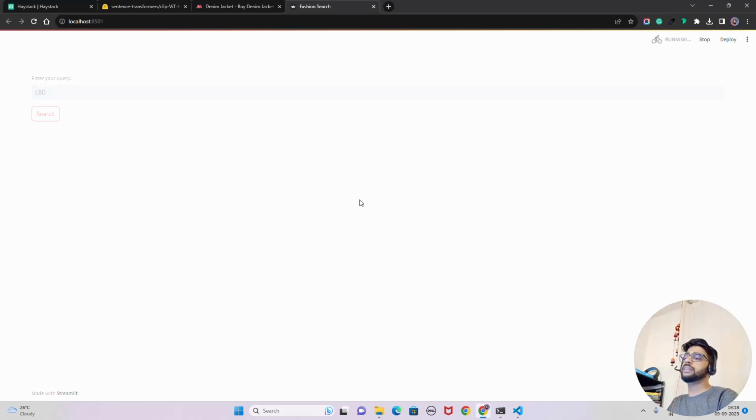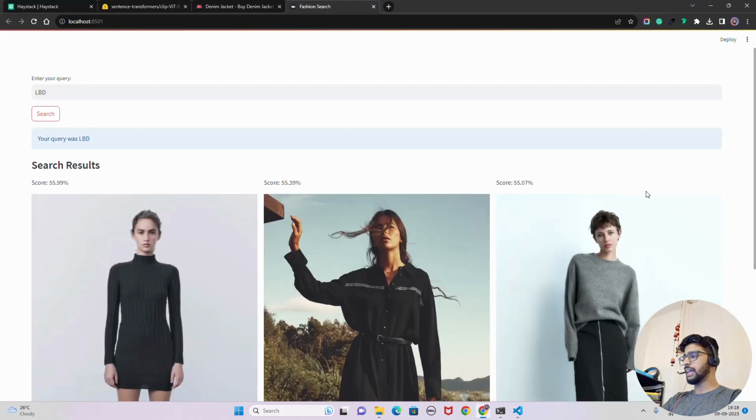Once I do LBD, it says again running. And by the way, I'm running this on a CPU machine. I don't need a GPU for this embedding model that we're going to use, at least to run it, and it takes around 20 to 30 seconds. And you can see, fantastic, because I searched for an